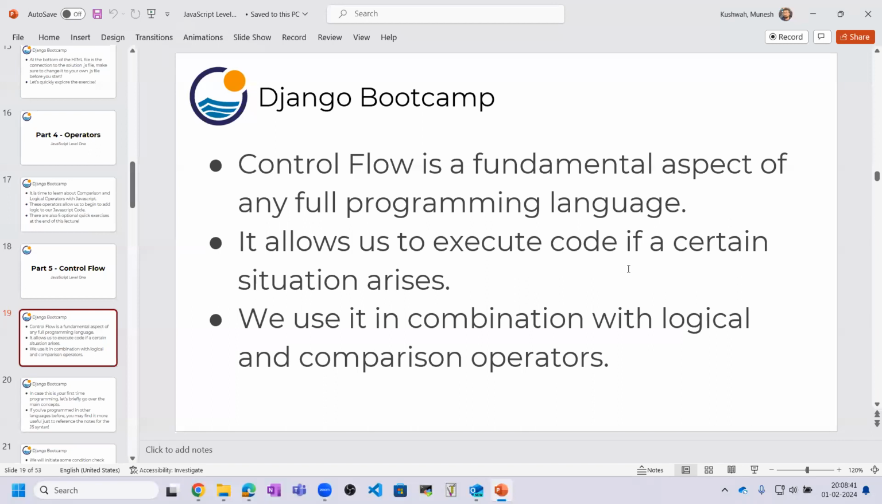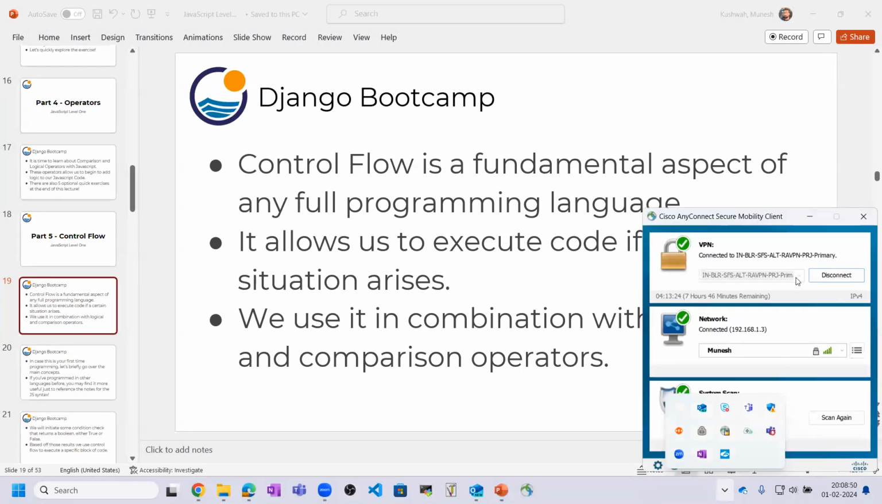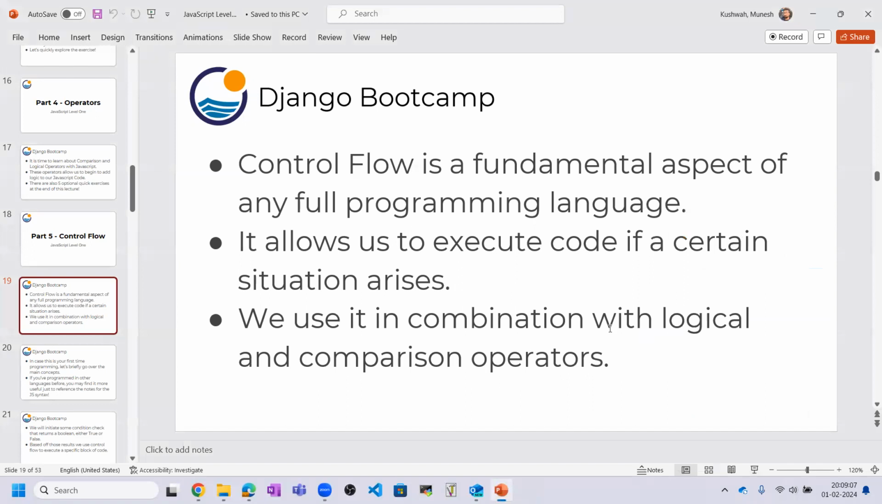So we use it in combination with logical and comparison operators. Logical and comparison operators means actually we will use the if condition. Inside that if condition we will use the operator. And I also will show you how to write this logical operator. I already told you what a logical operator is. I already gave you an overview of how to use the logical operator, and I also will use this